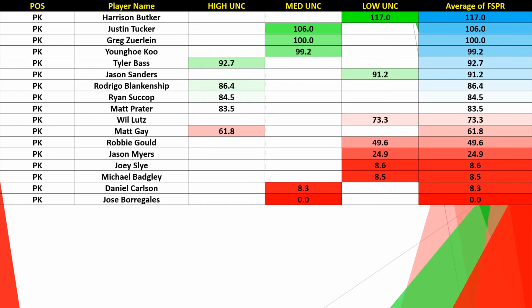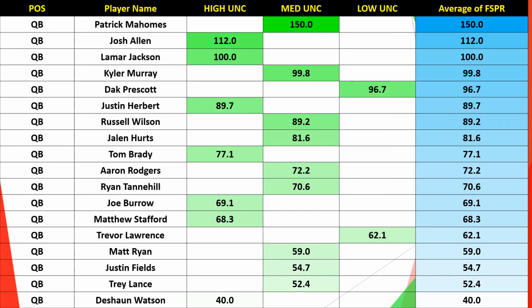This is what, again, the players are seeing. QB: Mahomes is off the charts at 150 on a scale of 100. He is so skewed by these pros, maybe even too much skewed, and that probably plays into the medium uncertainty. Okay, but 150. Allen and Lamar Jackson are the next top 2, but they're high in uncertainty. Murray is medium, and Dak Prescott is thought to be the highest quarterback in the top 5,